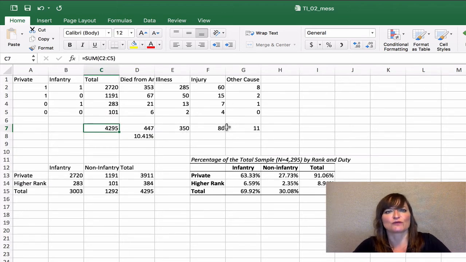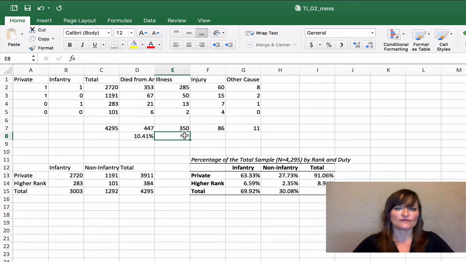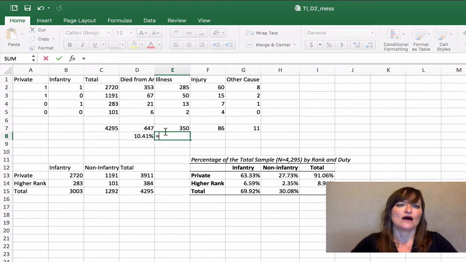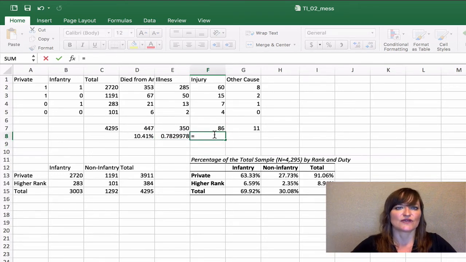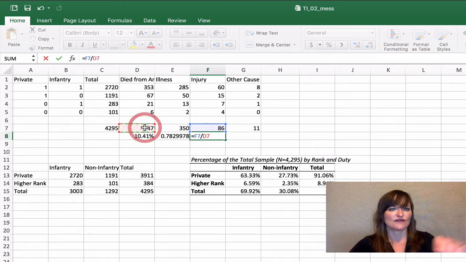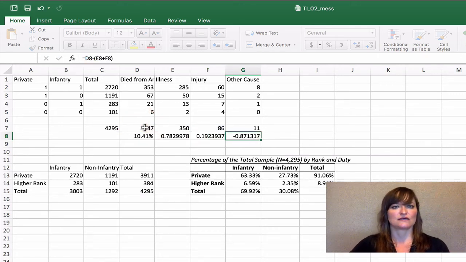Of all of the soldiers, what proportion died from injury? Because those are going to be very little numbers. But let's say the number that died from illness divided by all of those who died. And the same for injury, the number who died from injury divided by all of those who died.